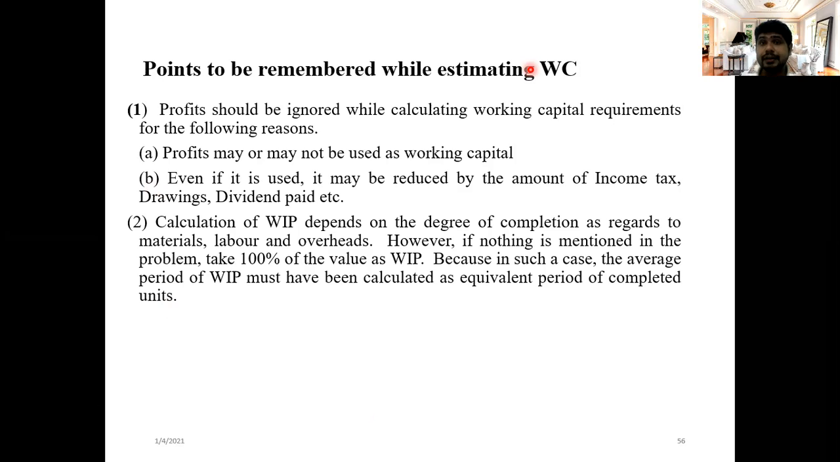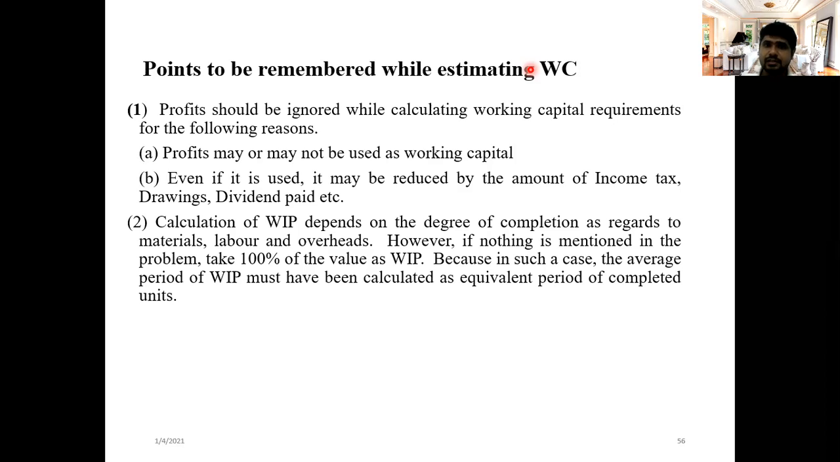Calculation of work in progress, very important one. It depends on the degree of completion. It means we start to convert raw material into finished goods, but the work is not yet completed. As regards material, labor, and overhead, we spend labor and overhead in addition to